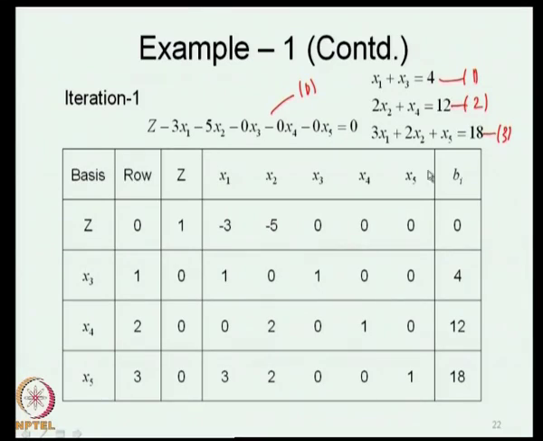If it is not the optimal solution, then we need to ask which among the currently non-basic variables should enter the basis. That is the first question. The next question is which among the currently basic variables should make way, should depart and make way for the entering variable. So, we ask 3 questions typically. Is the current solution the optimal solution? How do we resolve that question? You look at these coefficients now.